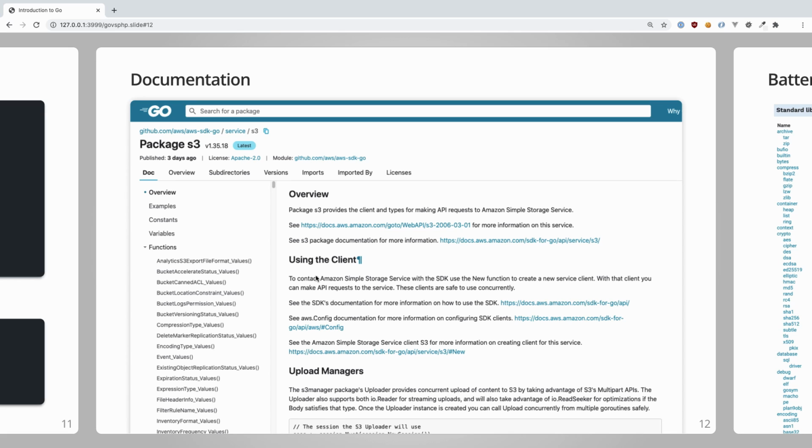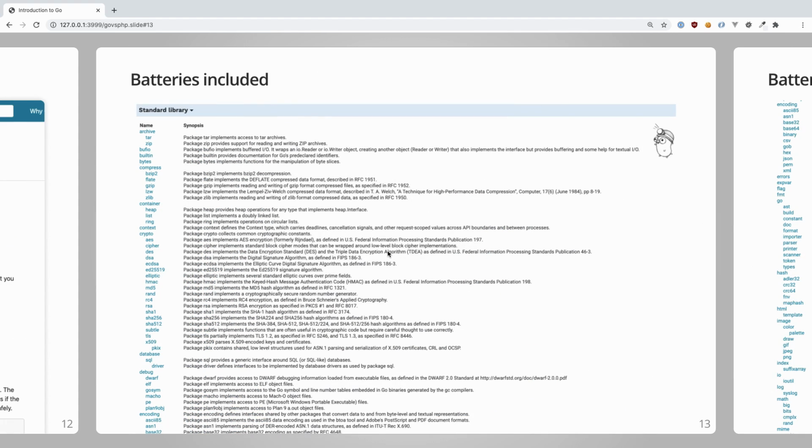You can even get documentation on libraries with no comments at all in the source code, and you will at least get the API stuff. So talking about packages, Go comes with batteries included. So you have a big standard library to work with. Basically, this is like the opposite of Node.js. I haven't counted how many there are, but having a nice standard library with all sorts of things gets you